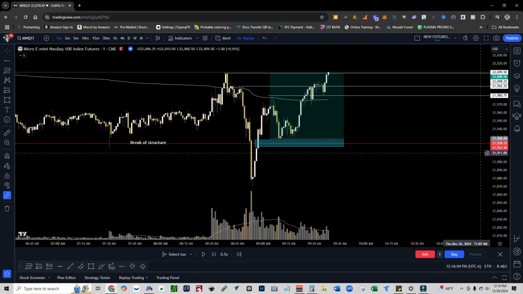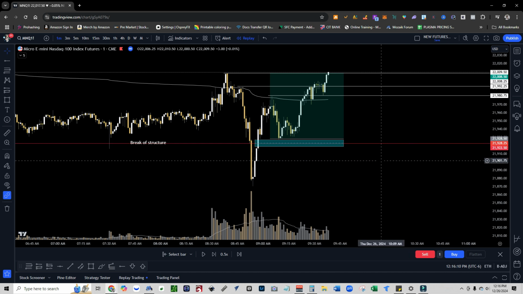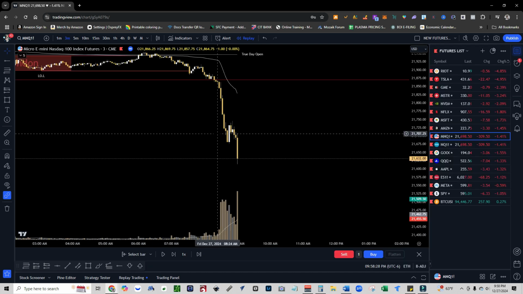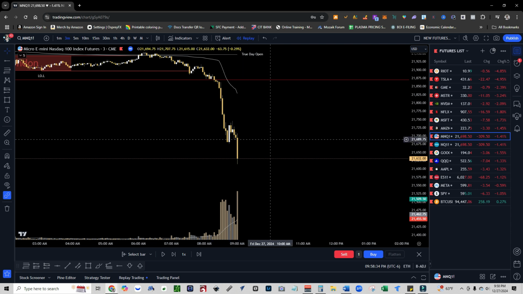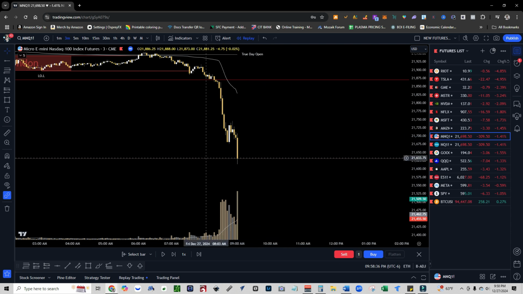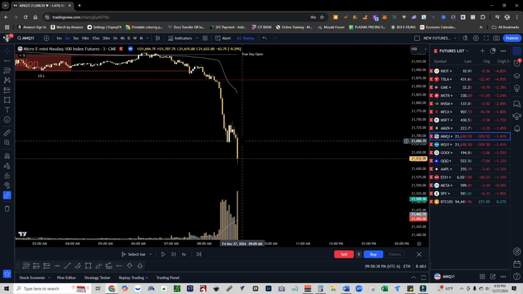Now we're going to go ahead and take a look at a setup for a bearish fair value gap setup. So give me 1 second, let me find one. All right, guys, I'm going to go ahead and show you the bearish fair value gap setup, but this is going to be a little different. This is actually going to be on a 3-minute chart, and it's not going to set up right away, but I just want to show you guys that it doesn't necessarily have to be on a 1 minute.